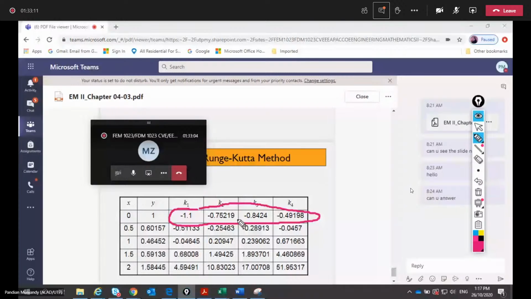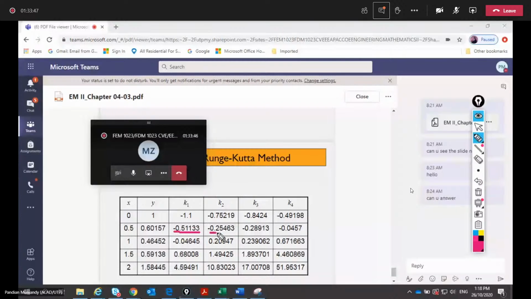So once you have K1, K2, K3, you calculate your Y for X equals 0.5, because the H is 0.5. In this case, the table is necessary because we have to complete until X equals 2. So when X is 0.5, your Y is 0.60157. Use this value to calculate your K1, minus